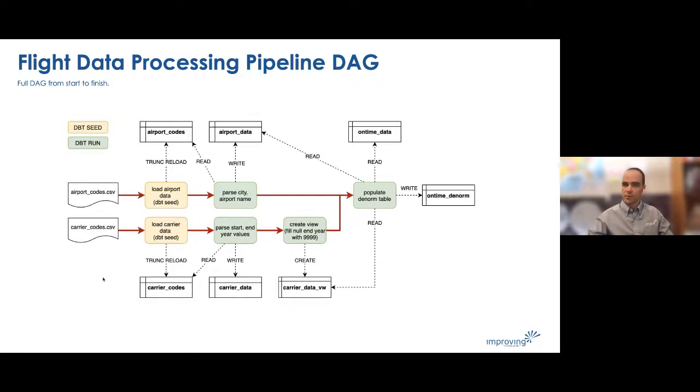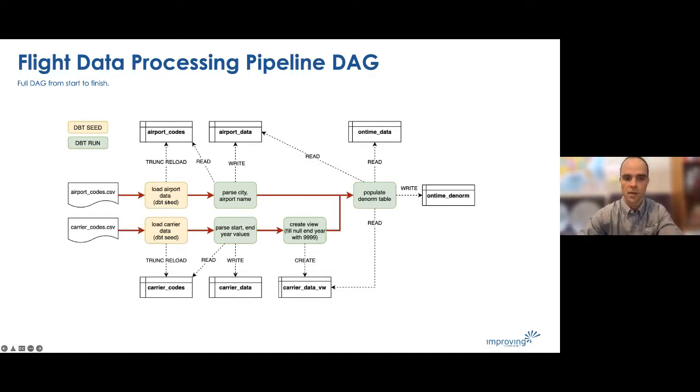I'm going to start with this example that I like to use in my class. It's using airport data. And what this one does is I'm going to start with these airport codes. These are lookup values for airports. So they've got a code and a description. I've got carrier codes, which are the airline carrier. It's the code and a description. These CSVs, I'm going to load those into the database using DBT, which is only for static data, lookup type data. You shouldn't use it for live data,